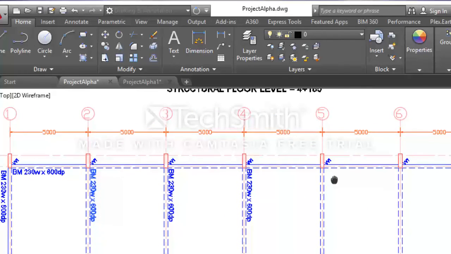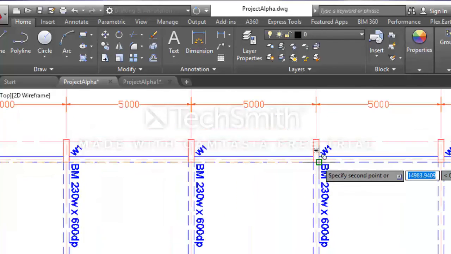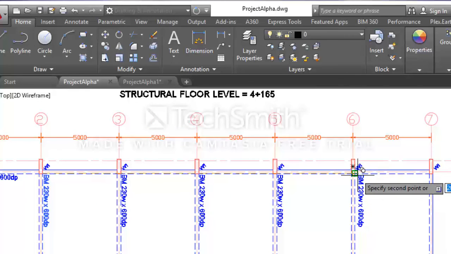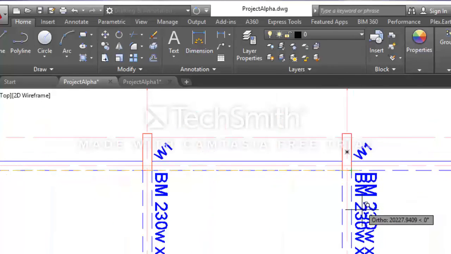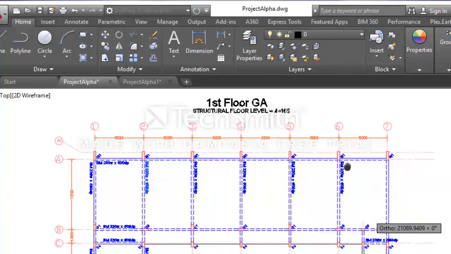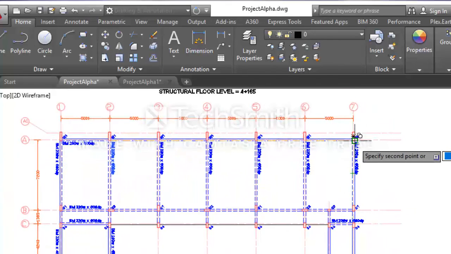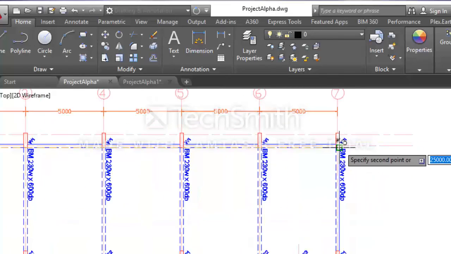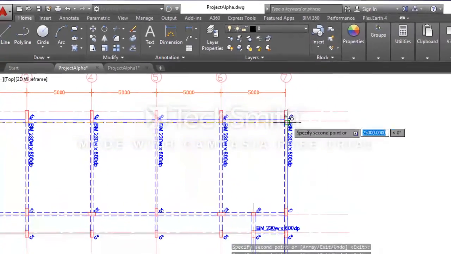I'll do the same thing for grid line 5. I'll do the same thing for grid line 6. And do the same thing for grid line 7.